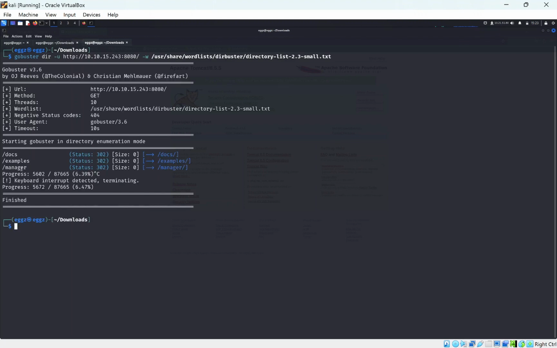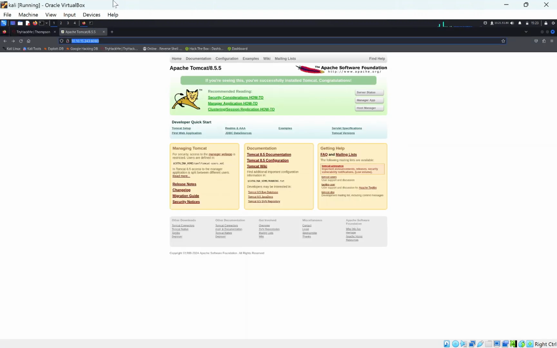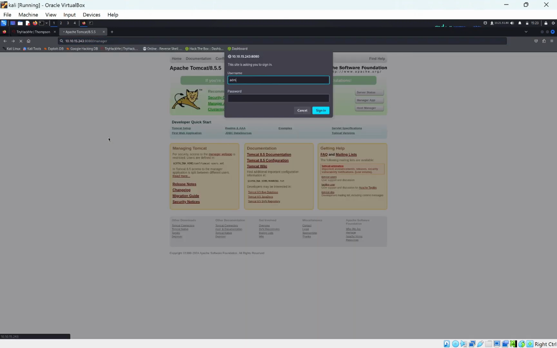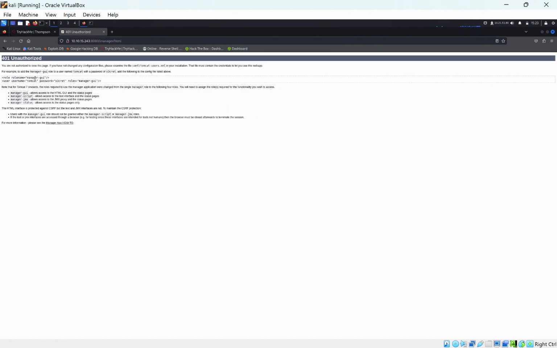So guys, we got 3 directories. 2 not so interesting, one which is interesting, which is manager. This could let us access an admin panel if it's misconfigured. So we're prompted with a login page. Let's just try admin. Okay, maybe admin password, and we're just given access to a web page,